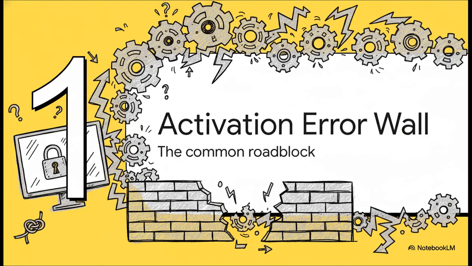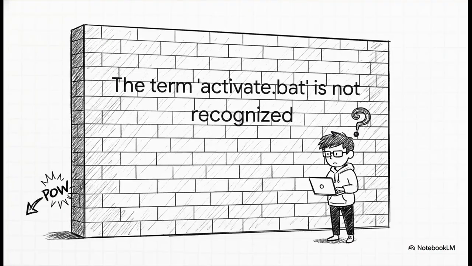Okay, let's talk about this activation error. So you've done everything right. You made your virtual environment, you navigate to the scripts folder, and you try to run activate, only to be greeted by this lovely message. This right here, this is the wall. It's an error that basically tells you the command you just typed is nonsense, even though you can literally see the file sitting right there in the folder. It's super confusing, it stops you dead in your tracks, and today, we're going to learn how to bypass it